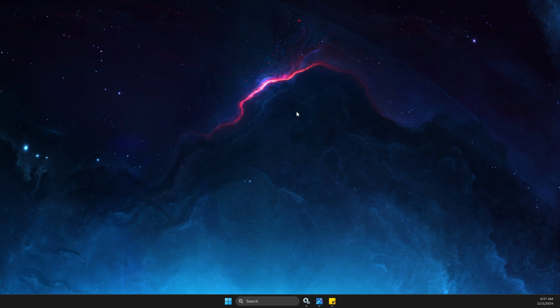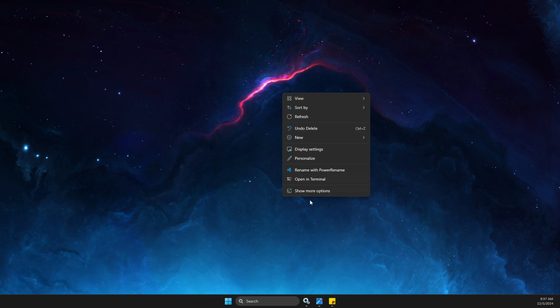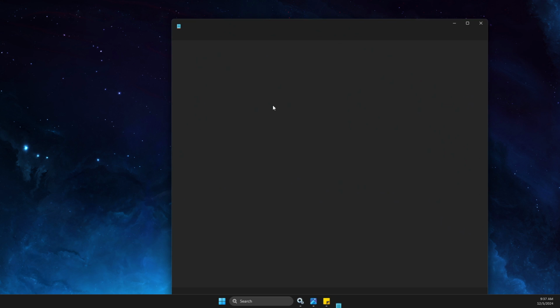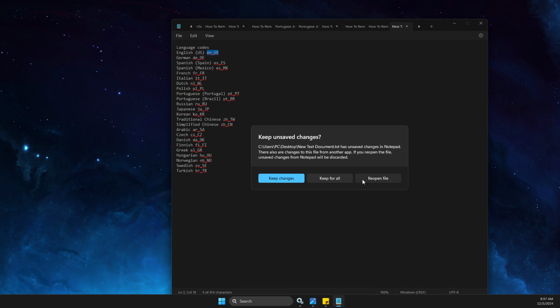So the first one, you just need to right click on your desktop, go to show more options, select new, and then select text document, then enter the text document. And then what you need to do here,